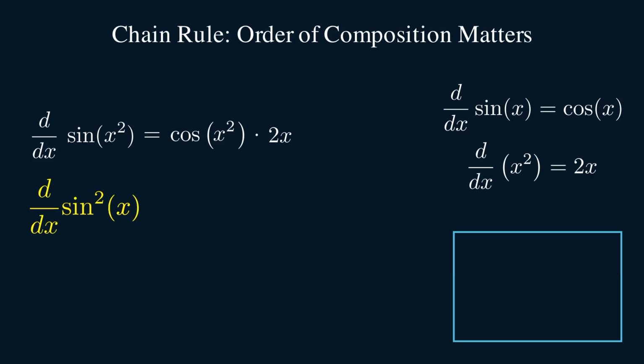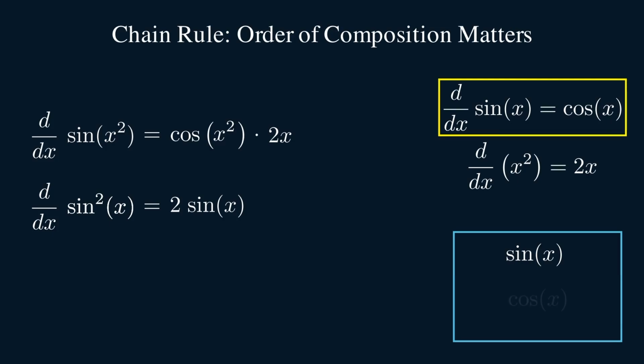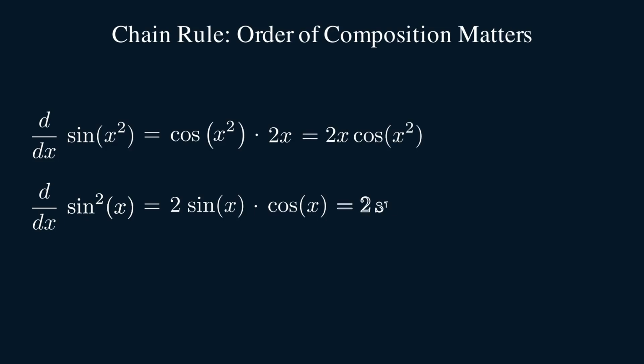Now, we find the derivative of sine squared of x. Again, sine squared x is the same as the square of sine x. So the outer function in this composition is the square function, which we differentiate first, and evaluate at the given input sine x. This is the first factor in the derivative of sine squared x. We have computed the derivative of the outer function. The derivative of sine x gives the remaining factor in the derivative of the composite function. This example illustrates that the derivatives of composite functions can vary significantly, depending on the order in which the functions are composed.